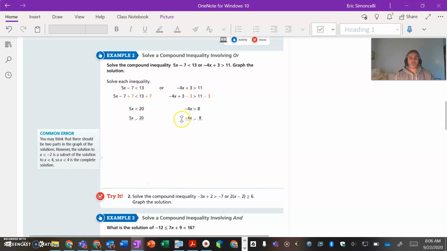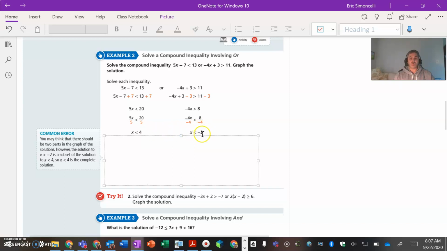As we proceed, dividing both sides by 5, you see you get 5x over 5, so that's going to divide out to be what? Less than 20 over 5. And we'll do the math in a moment here, though, as we see. We'll need to continue, though, to see on this one, dividing both sides by -4, these are going to divide out. 8 divided by -4, just like 20 divided by 5, easy enough. So x is less than 4,